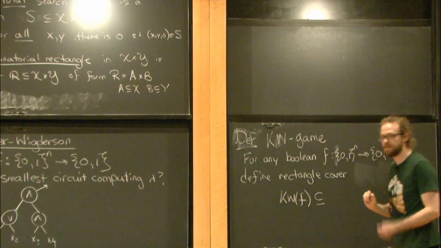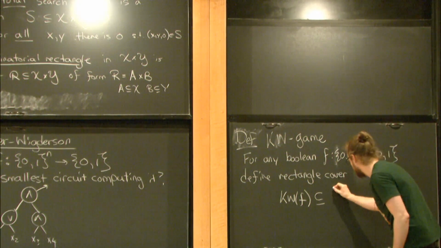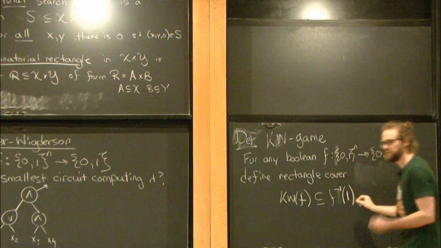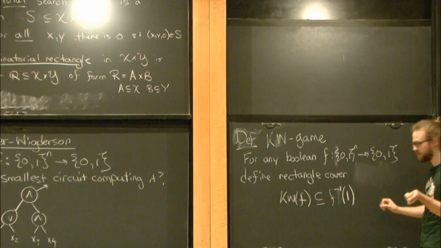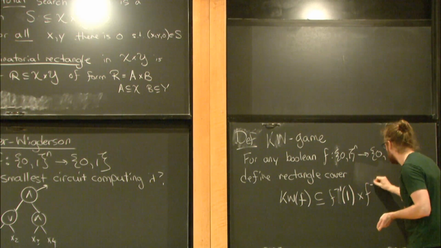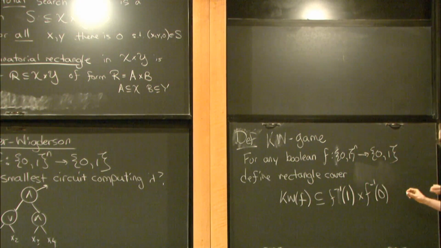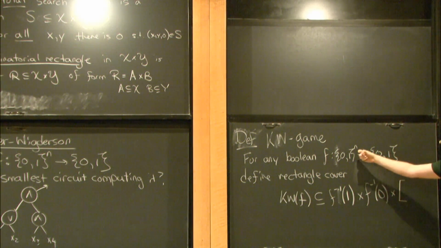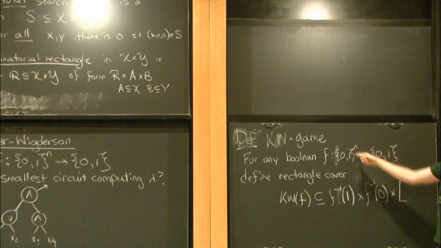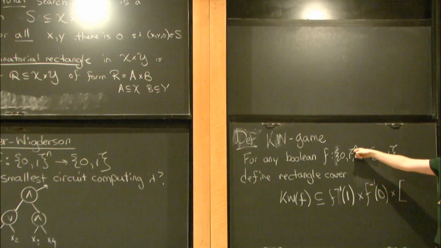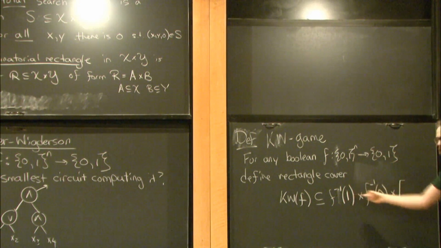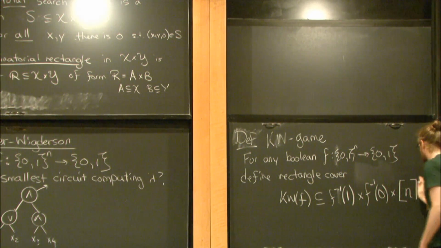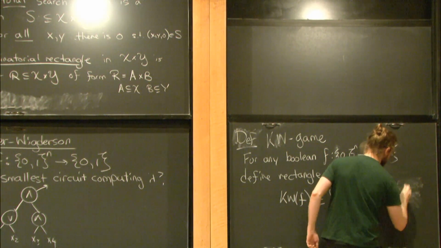So what are the three parts of the relation going to be? Well, the first part of the relation will be the ones of the function. So Alice will get an input that's guaranteed to evaluate to a 1. Bob will get an input that's guaranteed to evaluate to 0. And what they want to decide on is an input index of this function where the two inputs differ. So I'll write it like this.